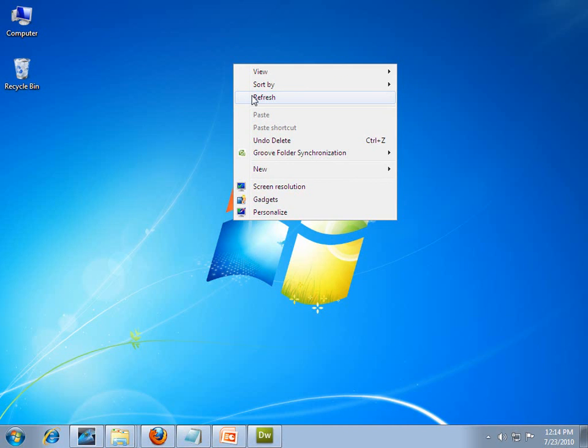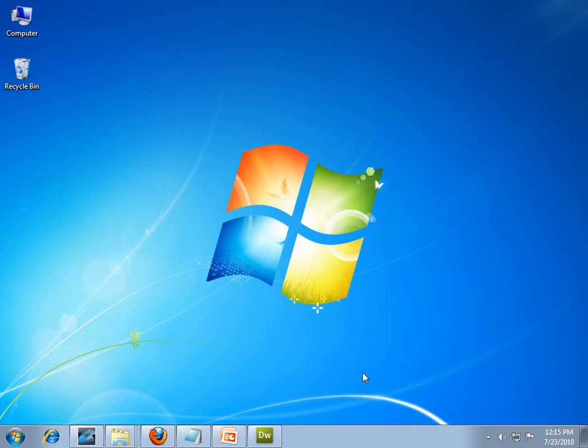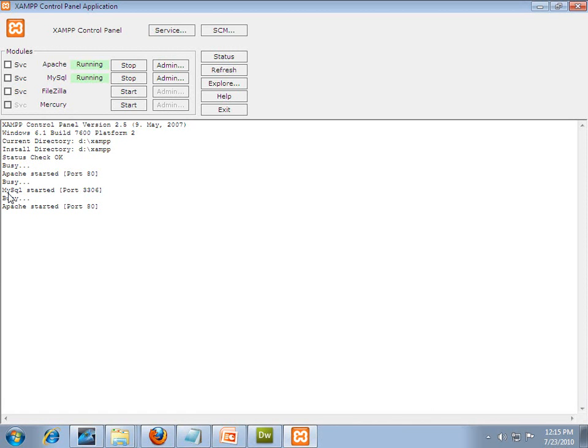Now let's understand the control panel concepts. From the start menu, you can see my XAMPP control panel. You just open it. Right now it's already running. Now let's understand its functionality. To run a PHP page on the system, the Apache and MySQL services must both be running. You can start and stop both of them using these two buttons. So these are the basic concepts.